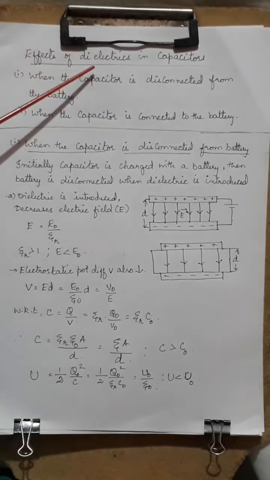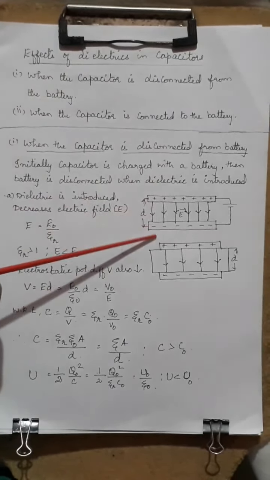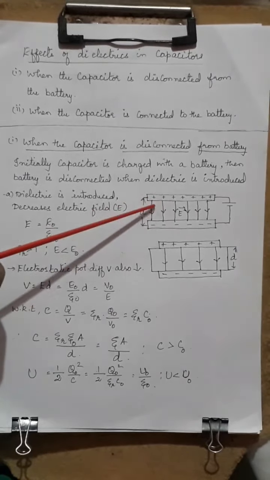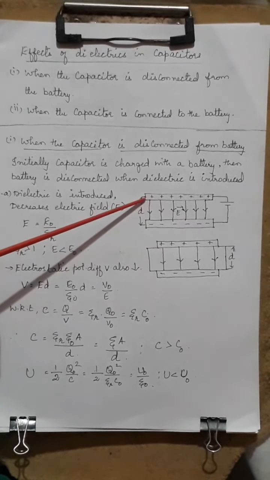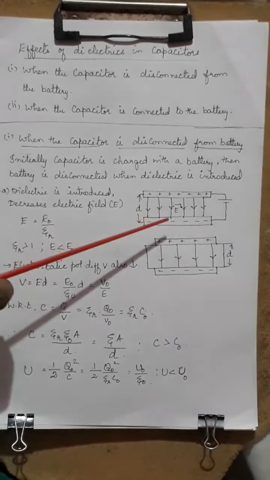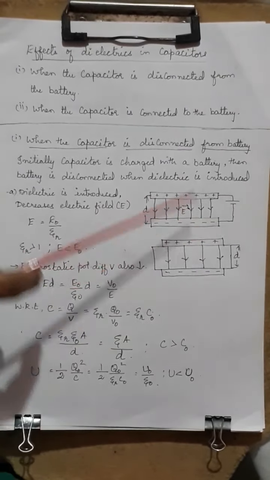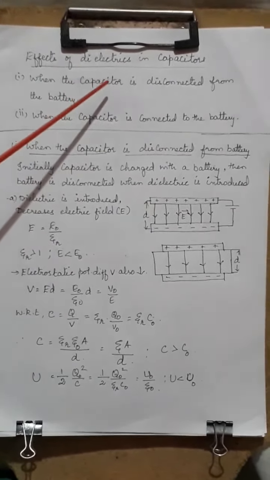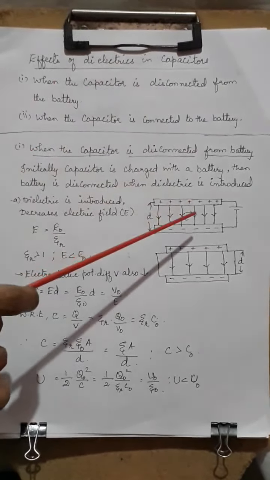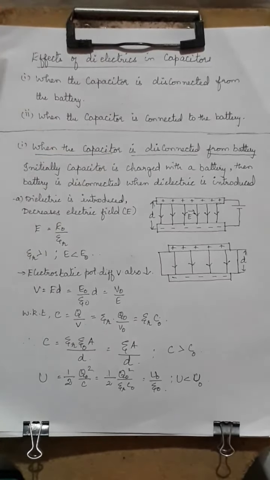So we know that a capacitor is nothing but plane sheets of oppositely charged sheets which are separated by a distance of d. When an electric field is applied, it can store charges and also it possesses potential energy. That is what a capacitor is.